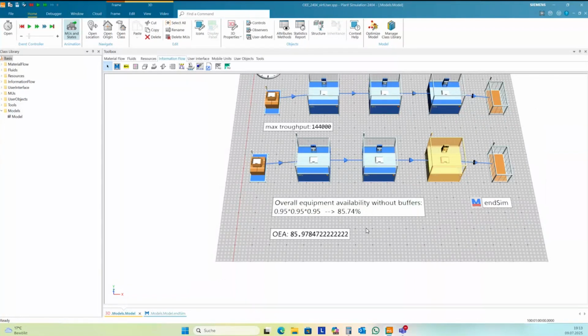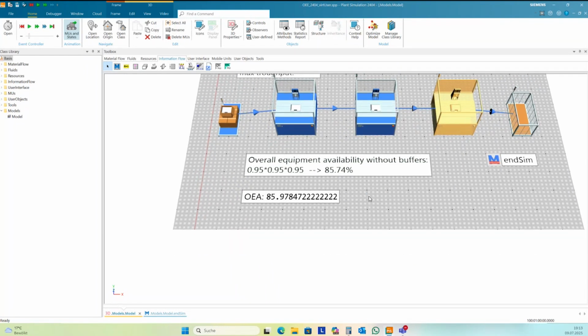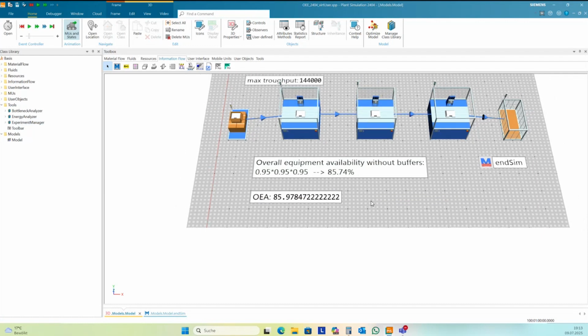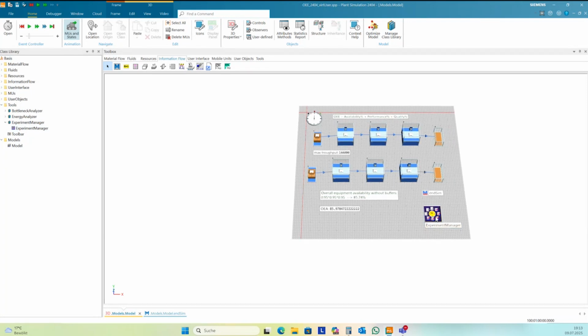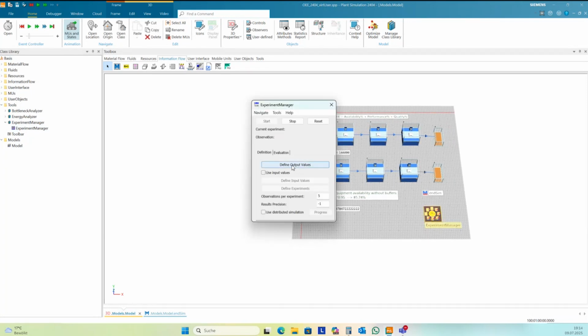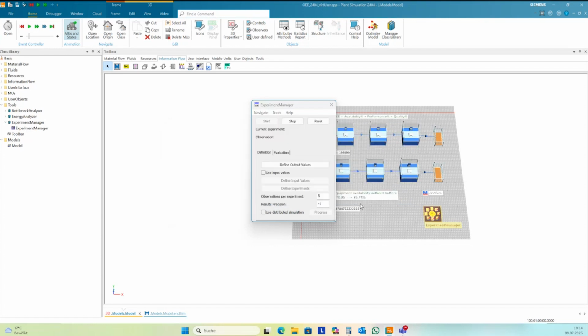It needs more simulation time to get a better result here, or you take the experiment manager. In the experiment manager, I want to have the OEE of the line, and you run several observations, maybe 5.